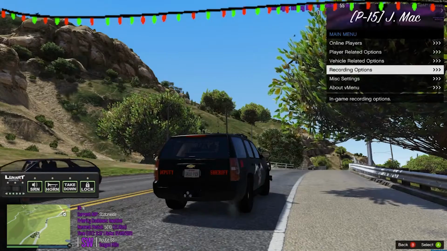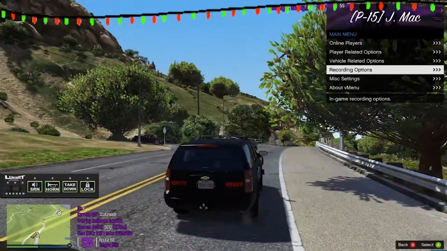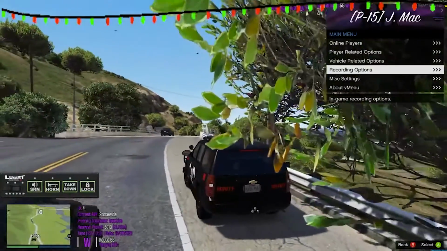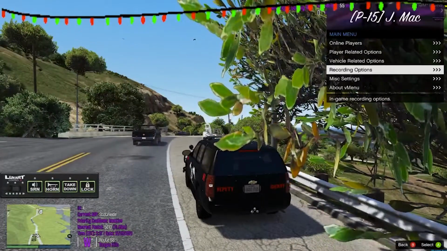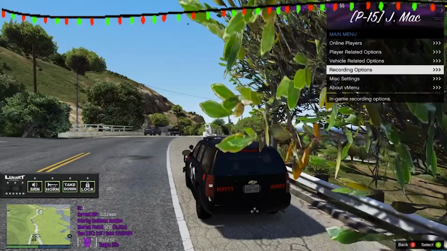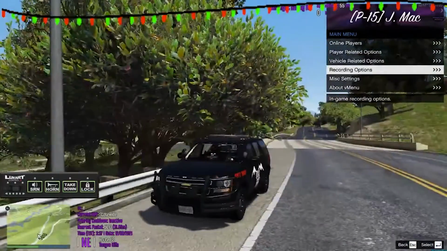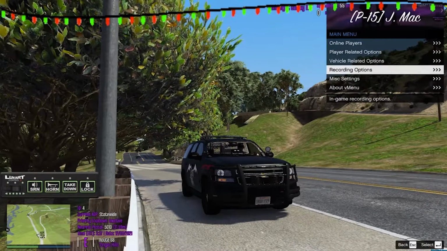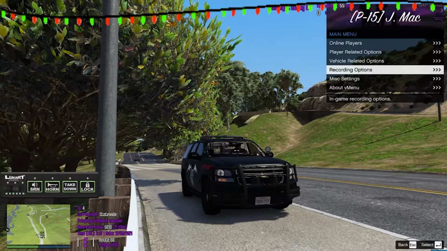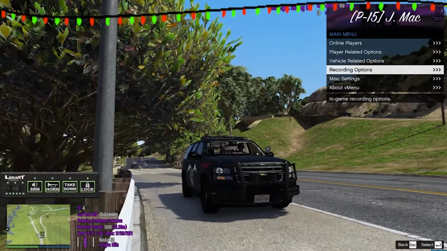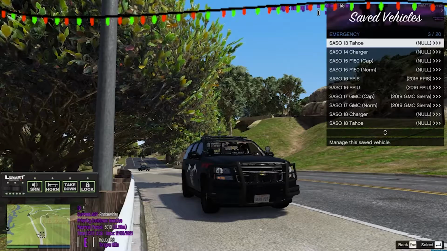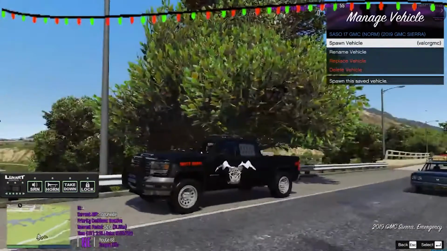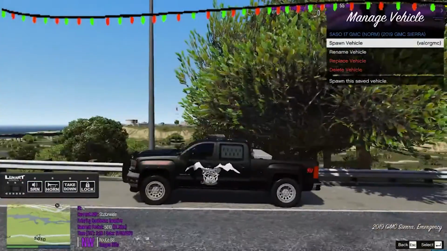For a utility truck, I would say the GMC. The GMC is pretty cool. I'm not a huge GMC fan, though. I like the 21 Sierras, but the 17 Sierra that we have in here doesn't look the best. I'll be honest, if I were to choose that or the 19 Silverado, I'd probably go with the 19 Silverado. Don't get me wrong, it looks nice, but it's okay.